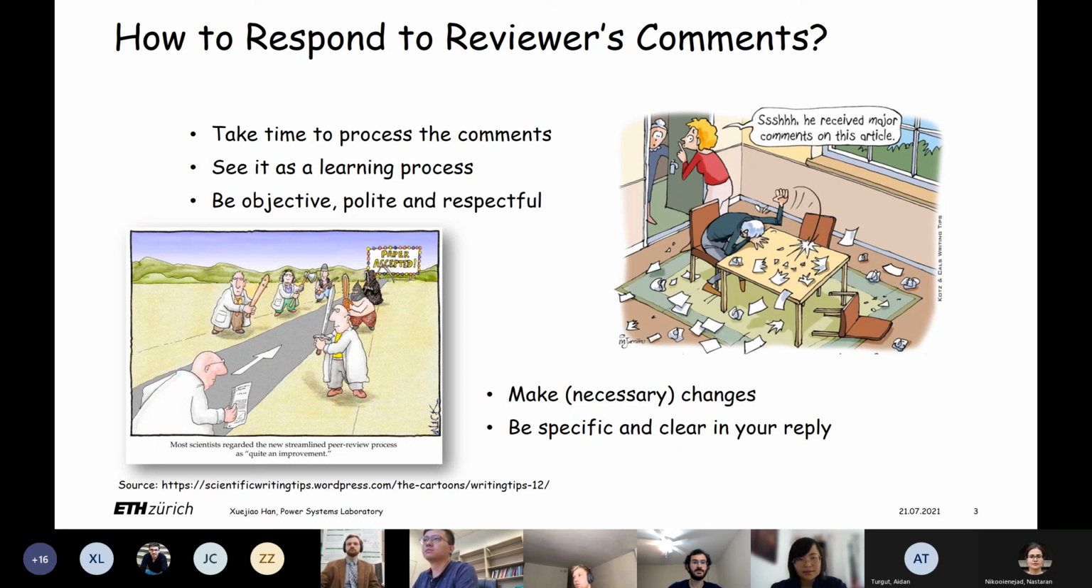And the third thing is be objective, polite, and respectful. Most of the reviewers will not try to attack you, but they're trying to help you improve the quality of the paper. So be respectful to each comment they provide. And the other thing is make the necessary changes. It's not necessary that you make all the changes that they suggested. But